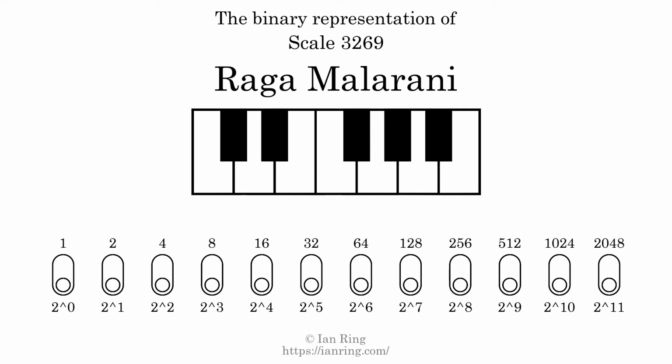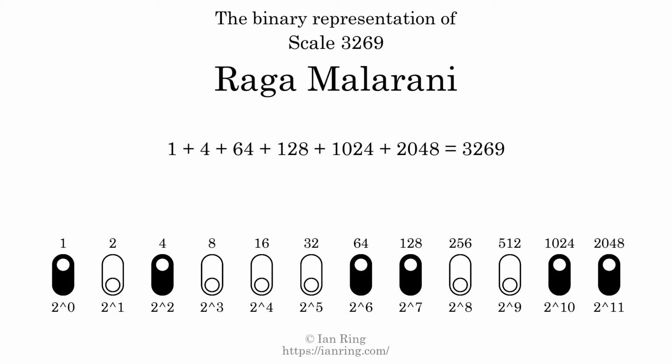The binary representation of this scale is determined by mapping tones of the scale to binary digits. Each binary digit represents a power of 2. To get the scale number, we add the powers of 2 together. The powers of 2 that are present in the scale, all added together, equals 3269. That is why the scale number, in decimal, is